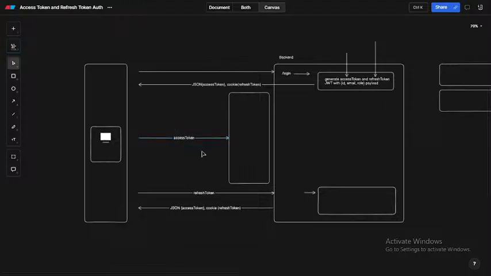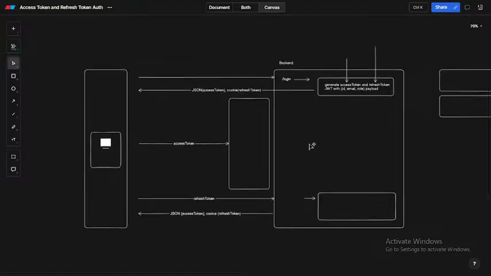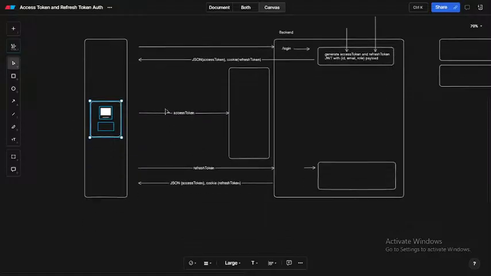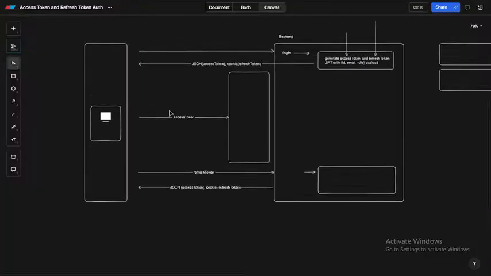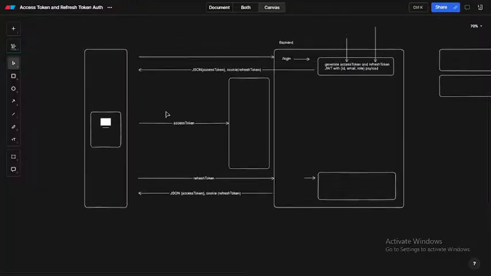With that, the client can access protected routes like edit, CRUD operations, or slash me or slash about. The clients can access these routes with the access token, which is stateless and a JWT token, right? But the catch over here is that the access token, which is a JWT token, we will always give